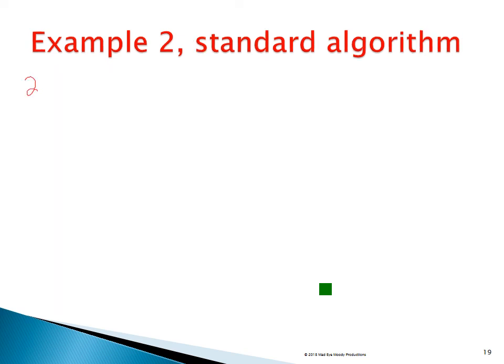And again, we're still doing 245 divided by 20, but now we're going to do it with the standard algorithm. So 245 divided by 20. Again, if I look at the hundreds, I know that 20 times even 100 is going to be 2,000. Well, I don't have that many to work with, so there's not going to be anything here. But if I look at 24, or 240,